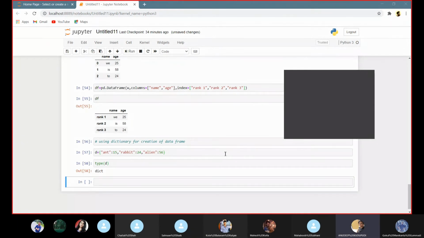Here I created one dictionary. Now I am trying to convert the above dictionary into a data frame.